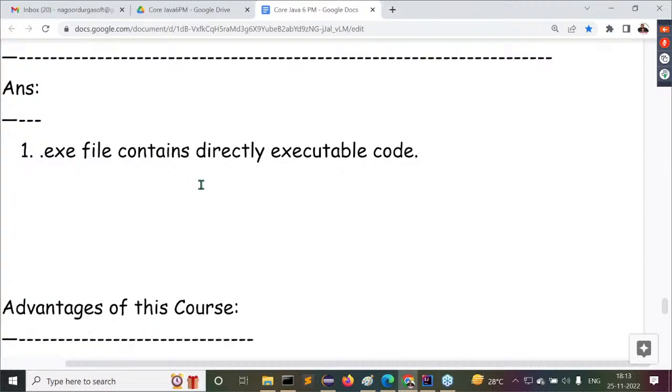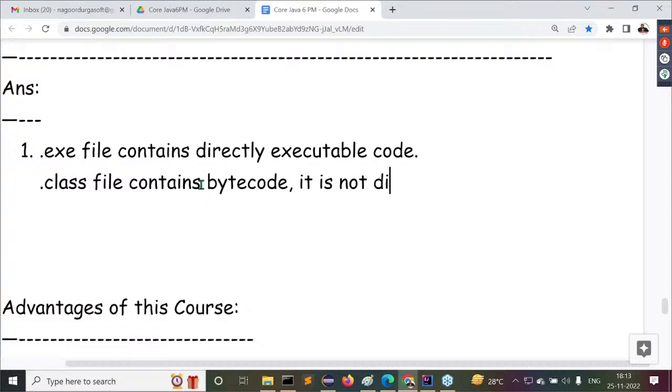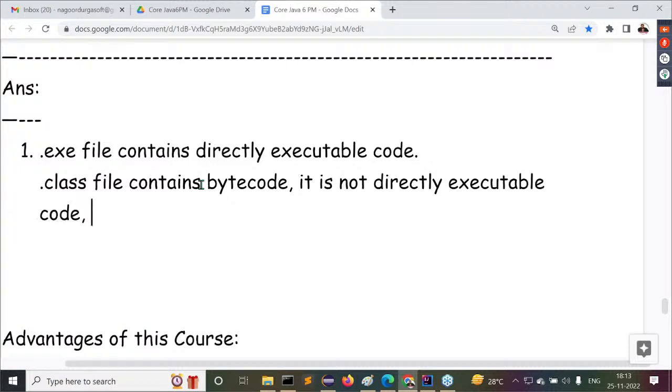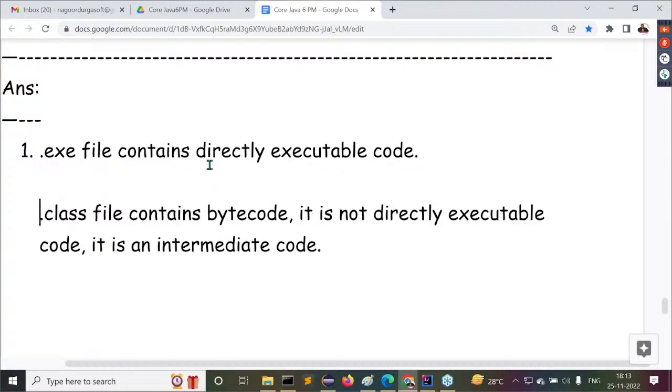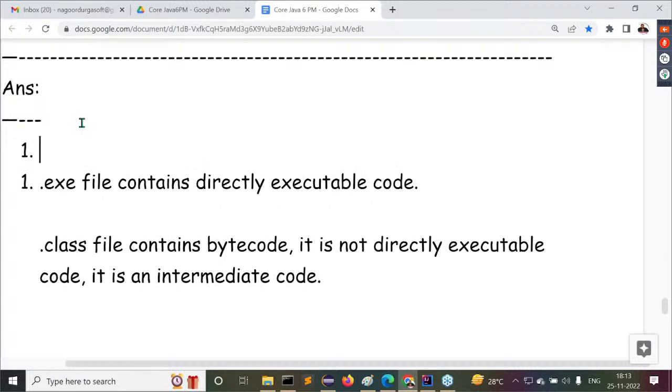Directly executable code. A .class file contains what, you know? Bytecode. It is not directly executable code. But what is this actually? It is an intermediate code. This is the first difference I am providing here. Try to understand it now. But before that, one more point I want to say as the first one. Observe carefully the first one, what I am telling you.